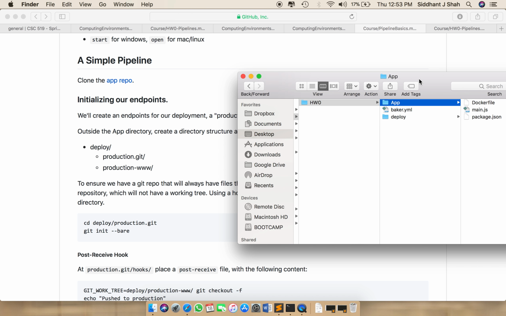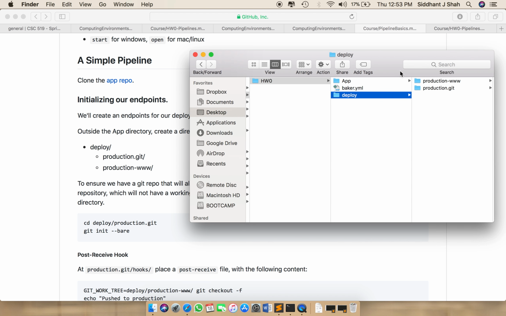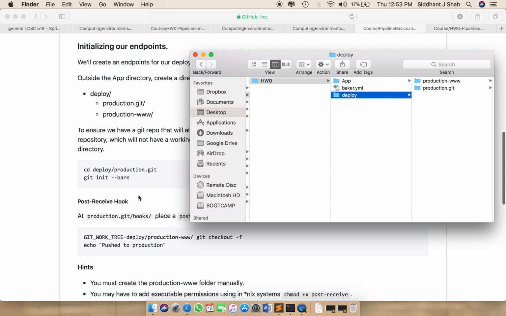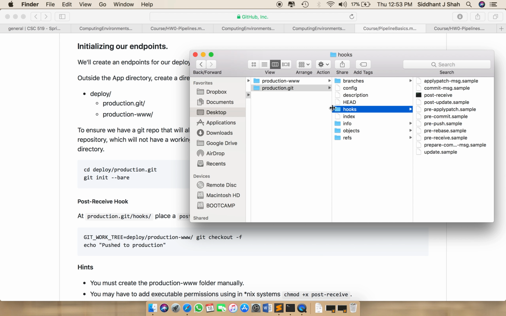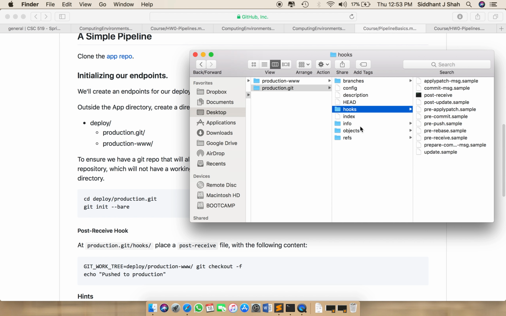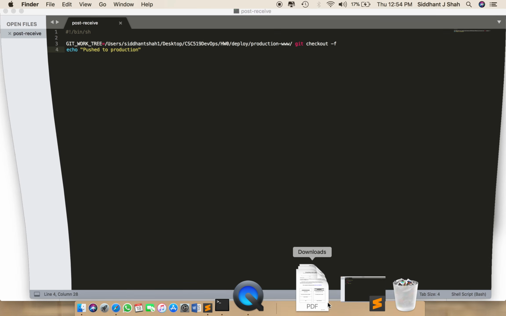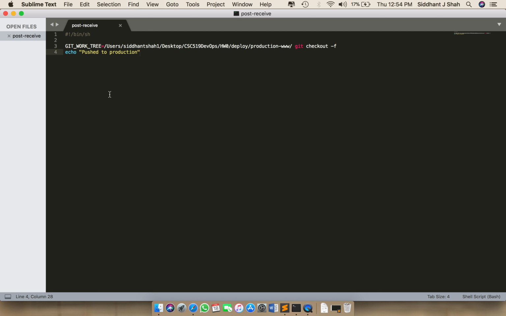to create a deploy directory which has production.git and production www. Both are present here, and we had to initialize production.git, and we had hooks in production.git which had to have the post receive file, which is given here. I'll show you the post receive file here. So this is my post receive file. As you see, I have used the absolute path in the git work tree,